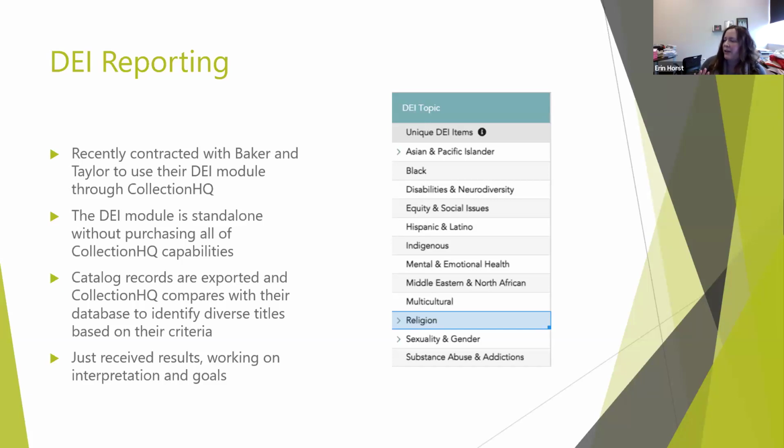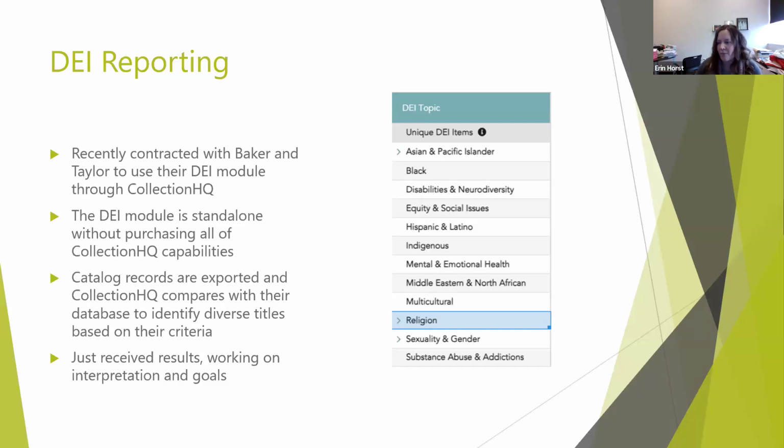I think overall, this reporting would, in a sense, underreport your diversity. Because again, it's looking at catalog records, it's not looking at illustrations, not looking at that nuance that you may get from physically looking at the items. But I do feel like it's a place to start. They are actively developing this product, so they do occasionally add new categories, break things down a little bit finer. This is a year-long subscription, so we'll export again in another couple of months.